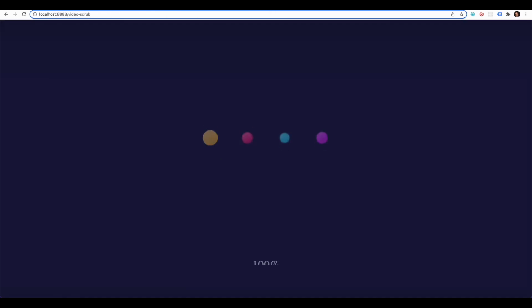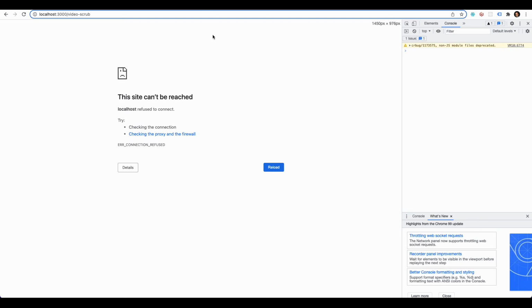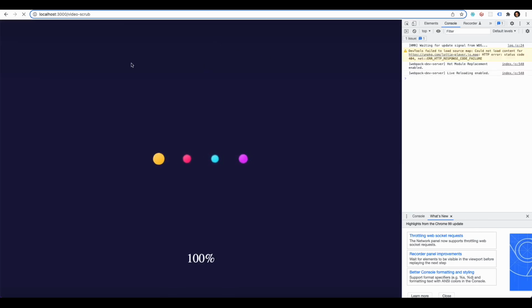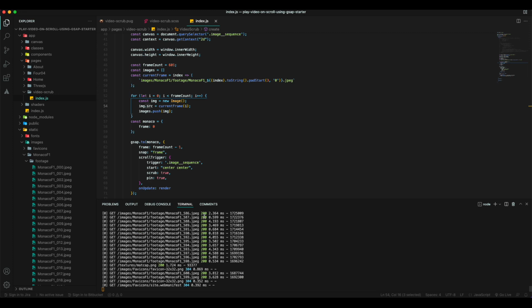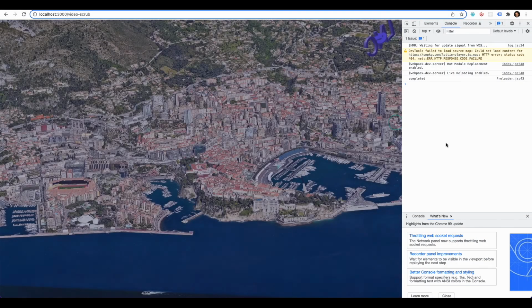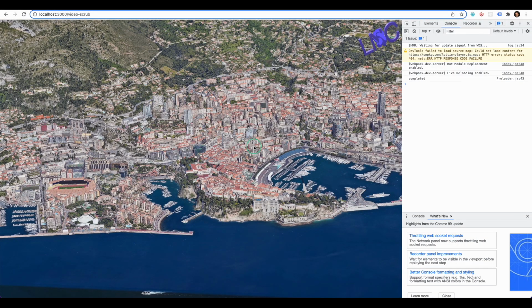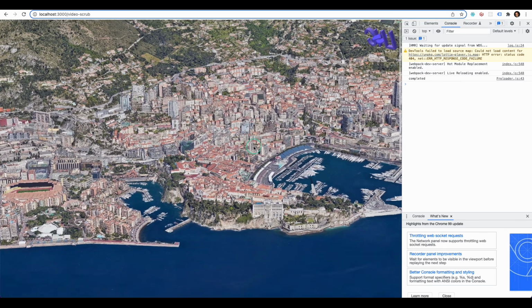So once I save that, and once we go back here to localhost 3000, you'll see here in the terminal, in the Webpack boilerplate that we have, there is a package that lets us see all the images as they're being downloaded. So we see it went through all the 600 images, and we got the 200 requests there. So here now we have all the images, and if I start scrolling right now, as you can see,